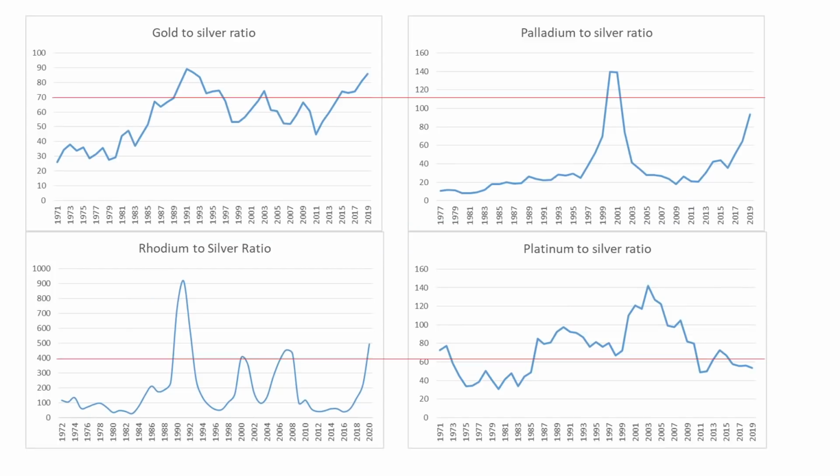Next, these are the ratios against all the other metals, and the ratios tell us relative value. Gold to silver ratio tells us that silver is of good value. It's around 70 something right now. Palladium to silver ratio is, I think, over 100, which is very, very good value. Rhodium went up through the moon, so silver, it's probably way up here, but silver is of good value to